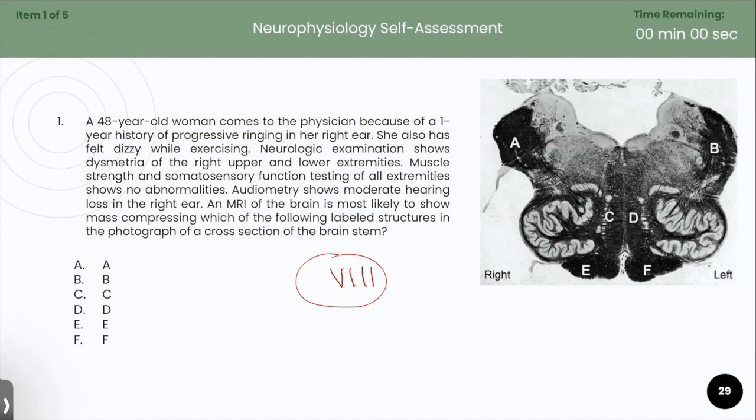Now, something else very, very important to always know about cranial nerve 8 is that cranial nerve 7 and cranial nerve 8 almost always run together. So that means that if there's a mass that's compressing the cranial nerve 8, it's probably also affecting cranial nerve 7. So if you can identify in this image where cranial nerve 7 and 8 would potentially run, then you can get this question correct. And this is usually caused by an acoustic neuroma,